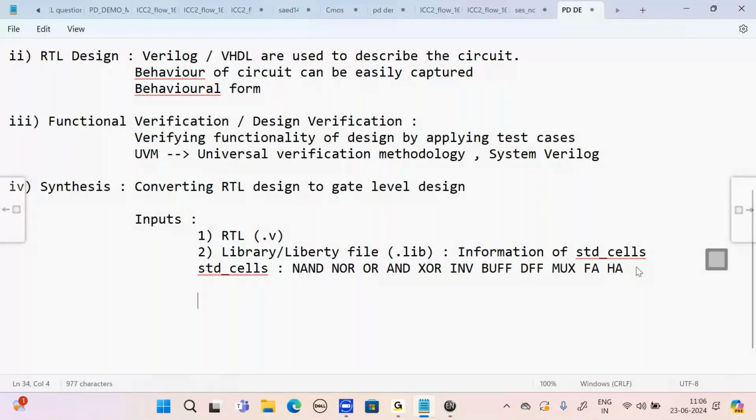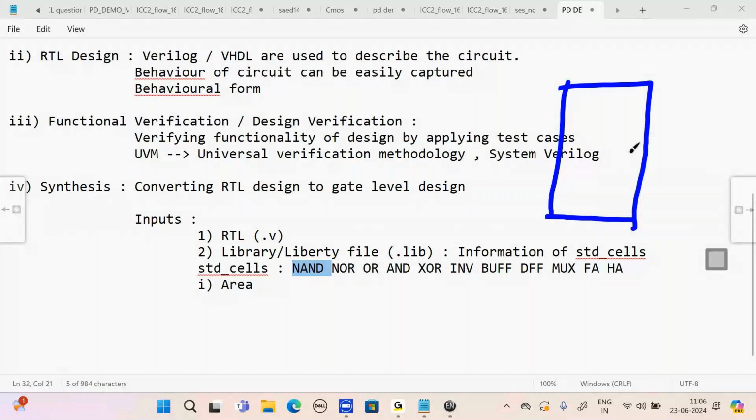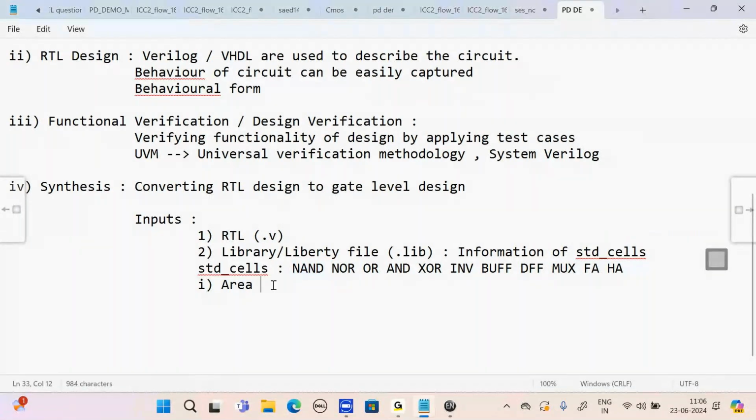So what information do we have? What type of information? Information of each gate. What is the area of these gates? Area means layout area. For a NAND gate, I will have the layout, right? This is the layout of a NAND gate. If I multiply width by height, I'll get the area. So I will have the area,